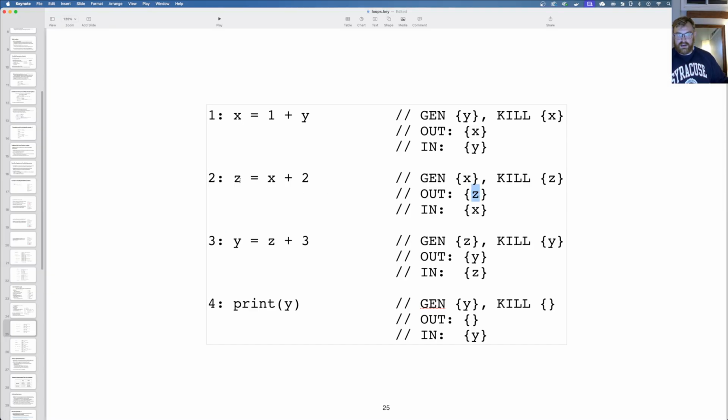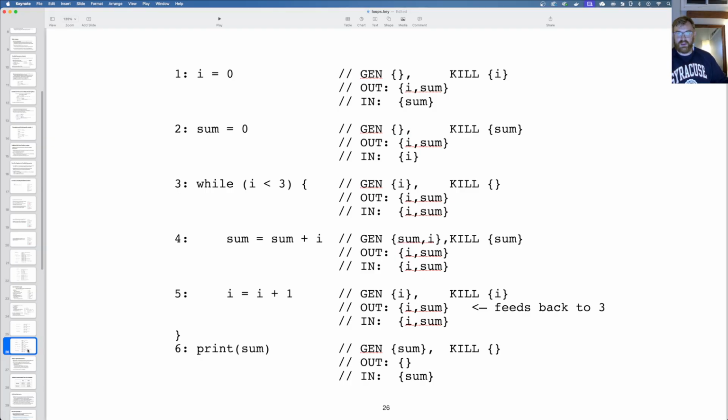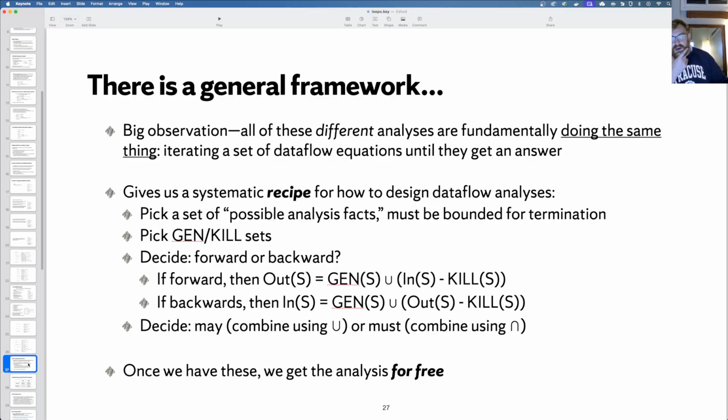That goes here, but I kill the z here, and I get x, which is read from right here in statement 2, which I then push up, but then that gets killed, and my in is just y here. Right, so another example. Some more examples I have here that I'll let you browse through in your own time.